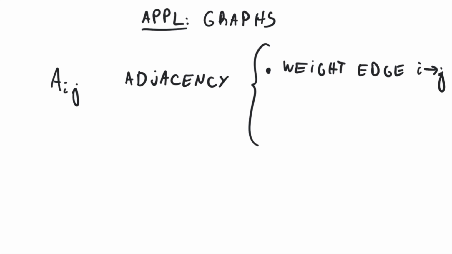Otherwise, we can put a flag, maybe -1, 0, depending on your problem. Alternatively, we may want to specify as the component ij of our matrix the number of edges